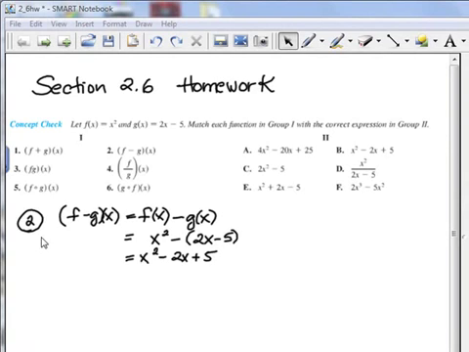And I've selected to do number 2. You're given that f of x equals x squared and g of x equals 2x minus 5. And we need to simplify this expression and match it with the expression in group 2. So just recall that f minus g of x is equivalent to f of x minus g of x. So we substitute in our functions to get x squared minus,